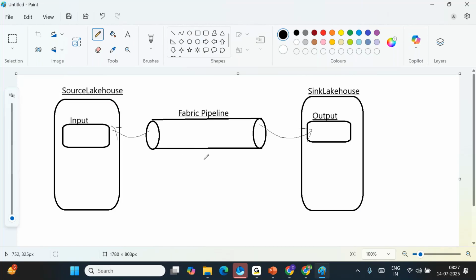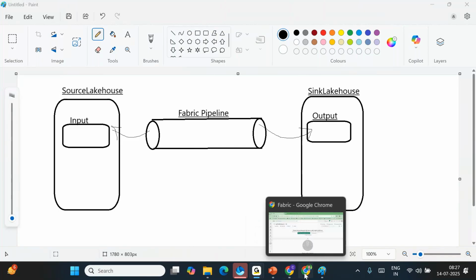So let's see hands on. Today's lab is a simple lab. I'll explain to you. I'll create a source lakehouse, and in that I'll create an input folder. I'll create a sink lakehouse, another storage, and create an output folder. Then I'll create a Fabric pipeline. Yes, external sources we may need to connect, but whatever services we have within Fabric, we don't require any connection. Outside things we may need to connect. Okay, remember that.